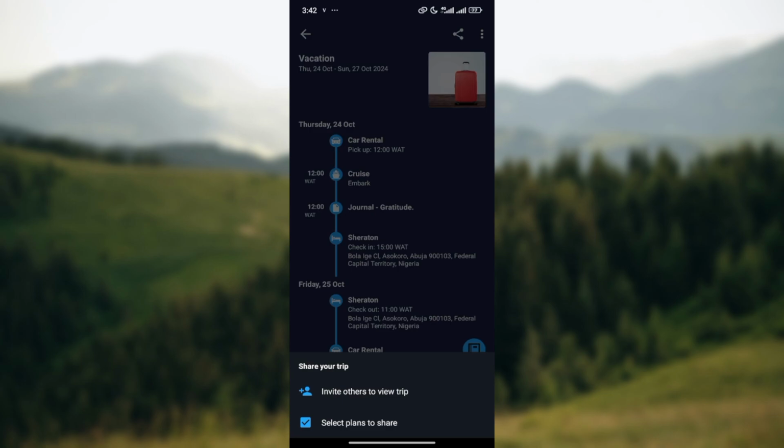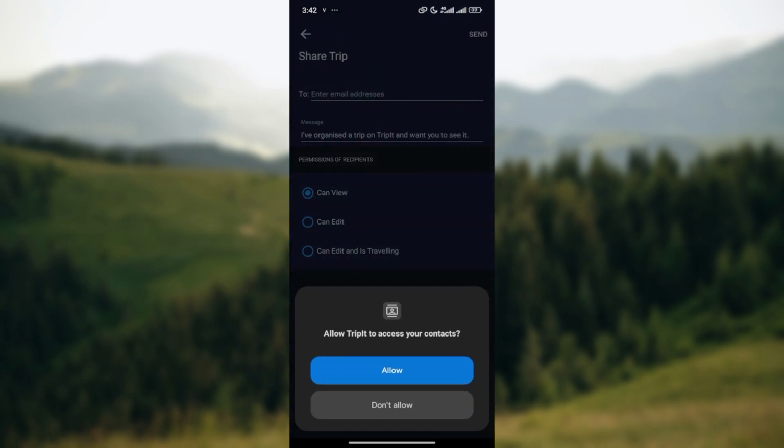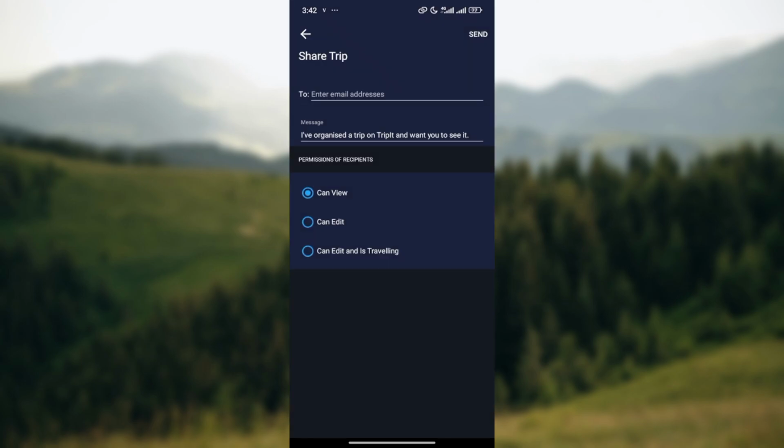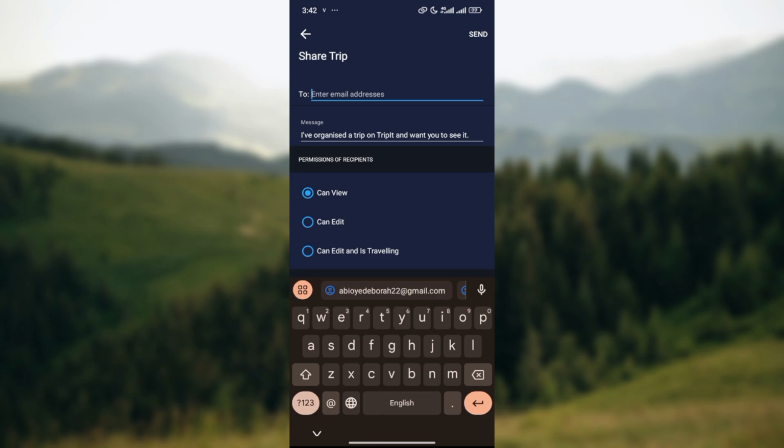To invite others to view your trip, click on invite others to view trip, and then you can allow this and enter in the email addresses of the people that you want to view your trip, of the travelers that you'd like to add to your TripIt account. So you can just go ahead and type out the email addresses of such people, and I'm just going to do that right away. All right, so just type it one after the other,